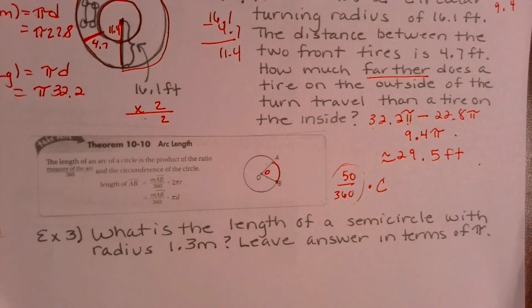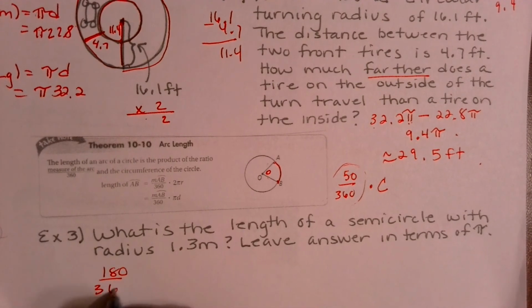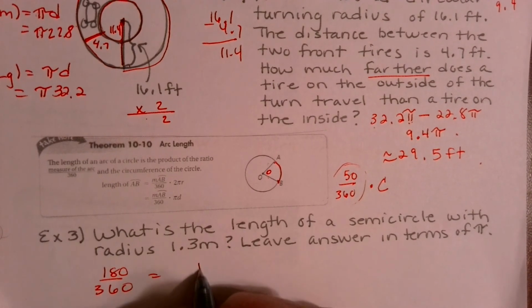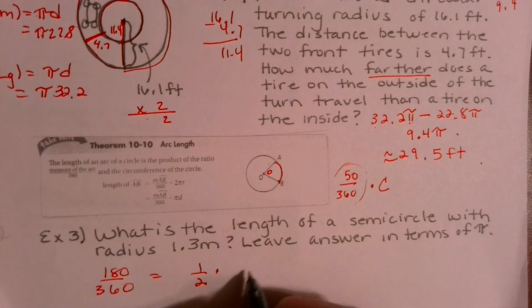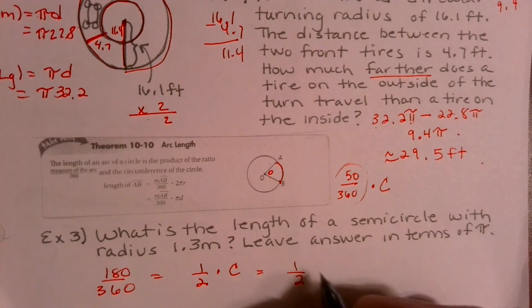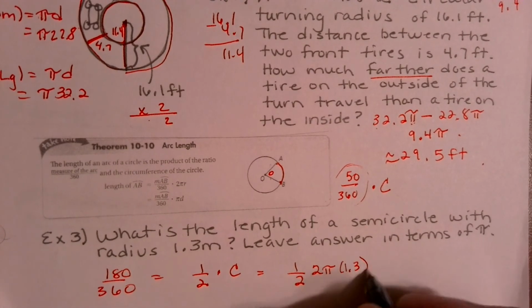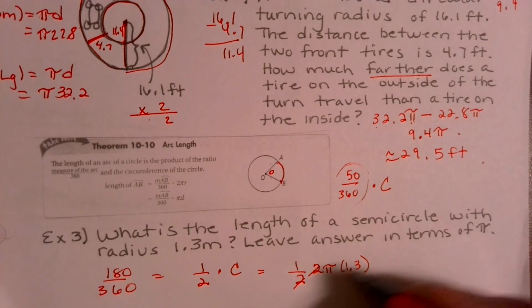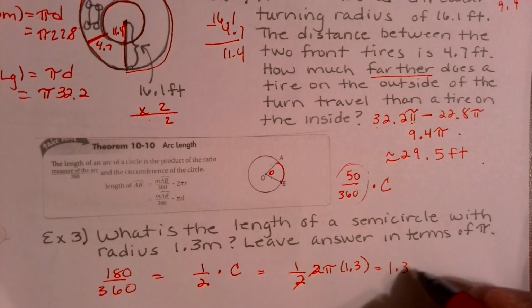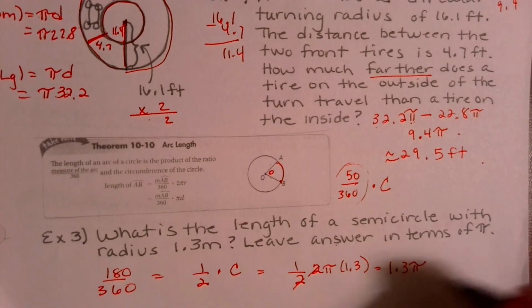So what is the length of a semicircle with a radius of 1.3? Semicircle, of course, is halfway around. So that's 180 degrees, which reduces to a half, doesn't it? So it's a half of the circumference. Okay, so I'll use the 2 pi times 1.3. And it works slick because the 2's cancel, and we're left with 1.3 pi. And it does say leave the answer in terms of pi. So I just need my unit,